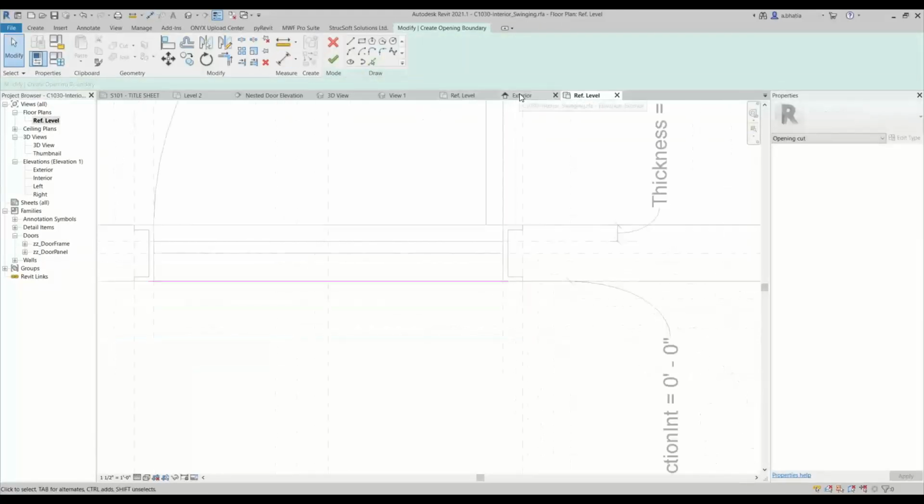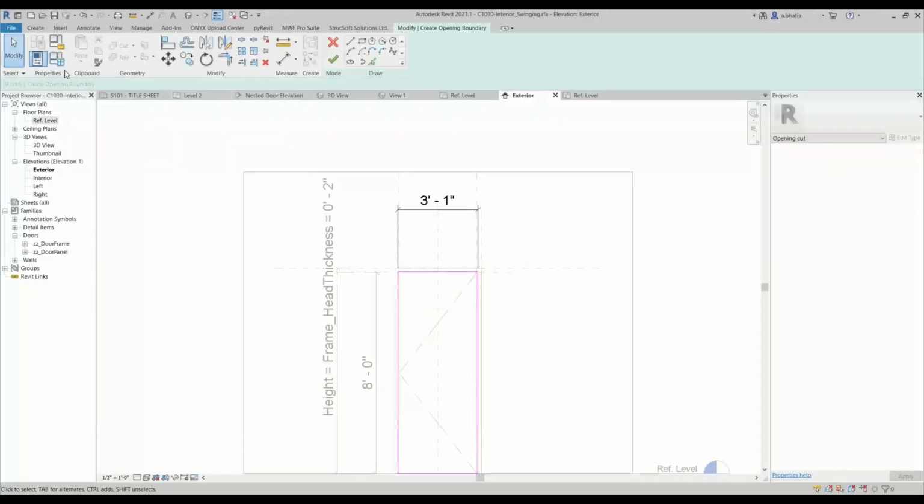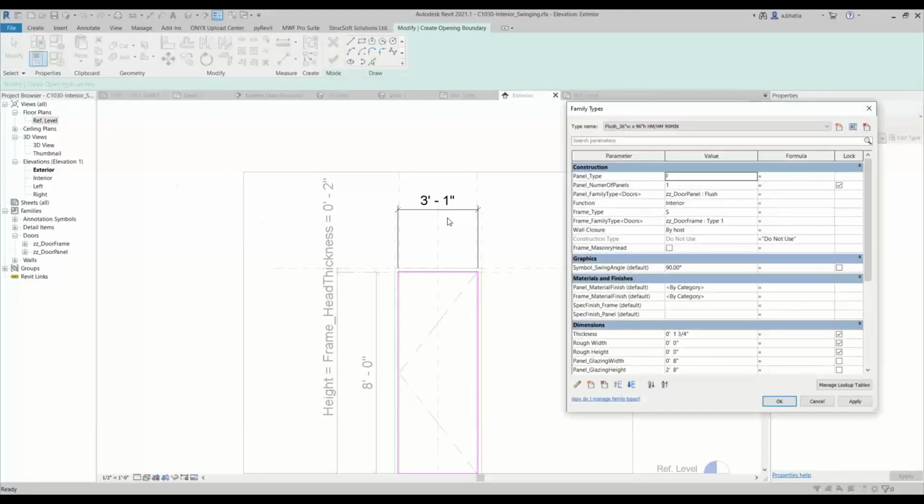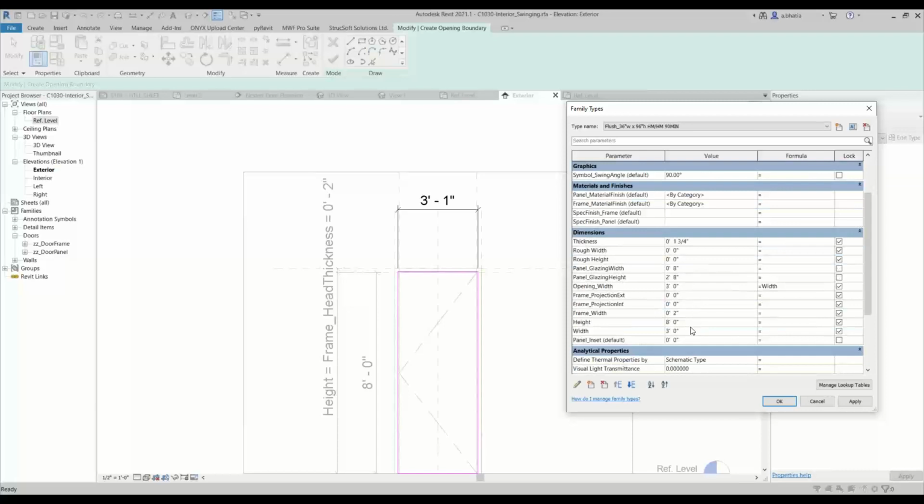So what we could actually do when we go to the exterior here, it makes sense, right? The width is 3 feet and we have an extra inch here, which is for the 2 tolerances on the side for the frame. So we could use the width parameter as a part of the formula so that wherever the width is placed, it will add the 1/2 inch on either side. So we could copy the width parameter